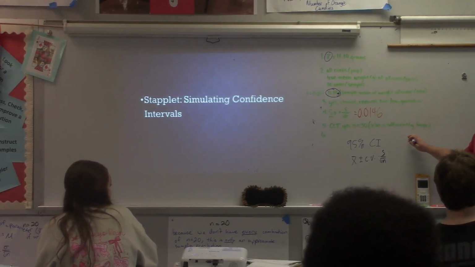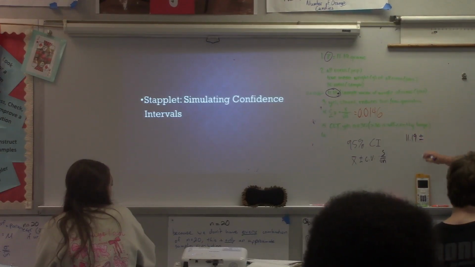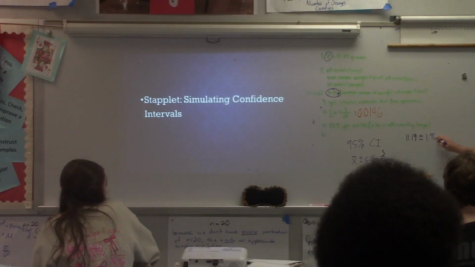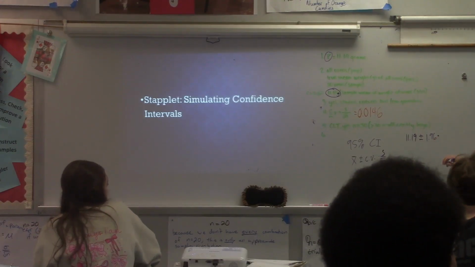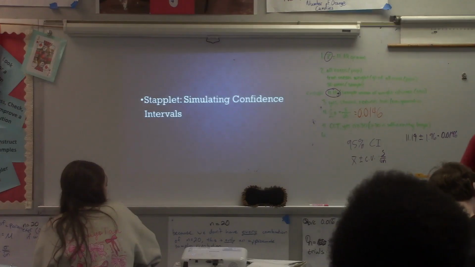So x bar was 11.19 plus or minus, what's the z for 95%? 1.96. 1.96 times the standard error of 0.0146. Now I probably would have written that as 0.08 divided by square root of 30, but let's look at this